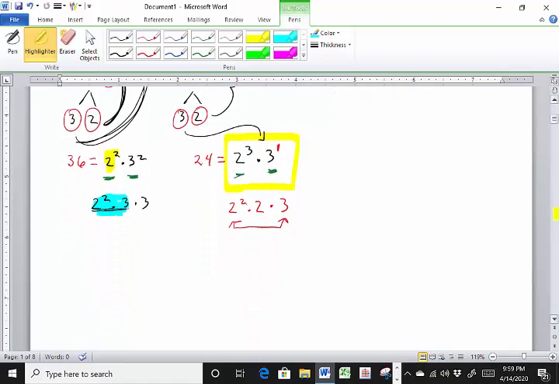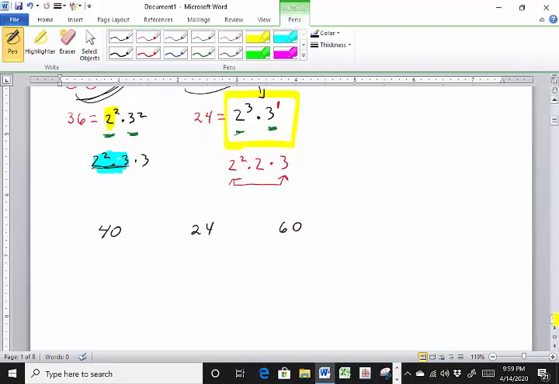Okay, so let's say I have 3 numbers now. And you'll see why I'm taking my time doing these examples, because we're going to start adding variables to this. When we add variables, it's basically the same thing because variables have exponents on them, and we're going to follow the same rules. All right, so 40 is